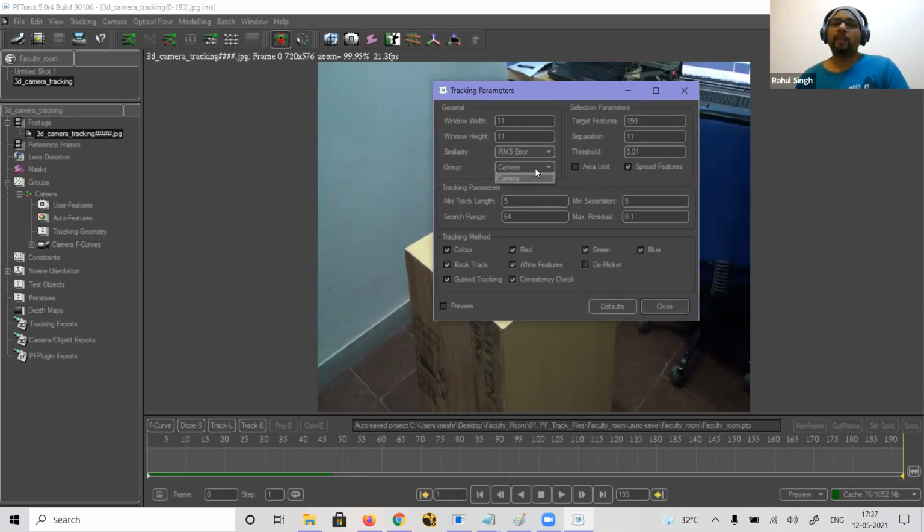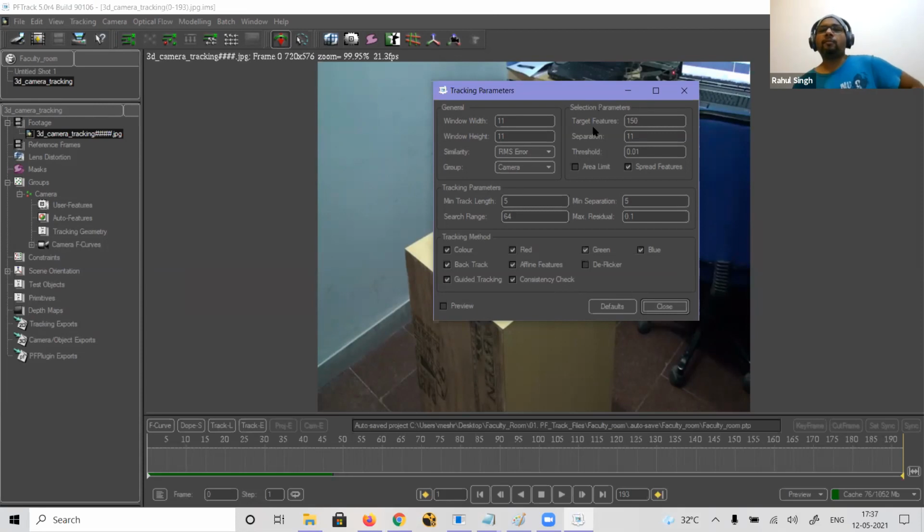Group camera means all these track points will come inside the camera group. See, group camera auto features, all this will go inside this auto feature, which is inside the group, which is camera. Selection parameters.